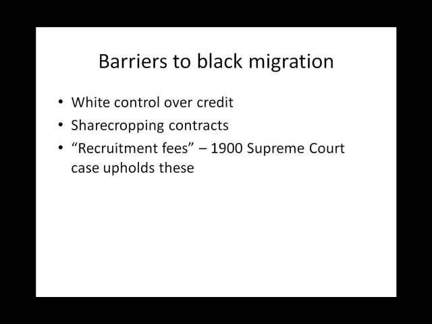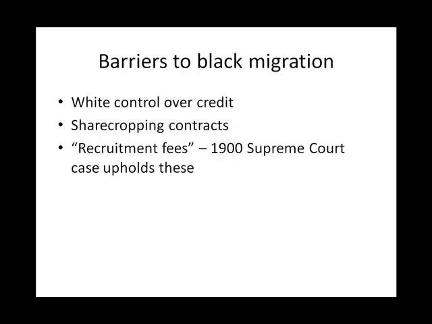Within the South, there were, however, barriers to just even the movement of blacks from one place to the other. And this, of course, is before we consider the idea of the migrations to the North or the Midwest. Since whites controlled credit through sharecropping contracts or tenancy arrangements, it was very difficult for blacks to move away from plantations or farms where they were considered to be a major labor supply, but most importantly, where they owed money.